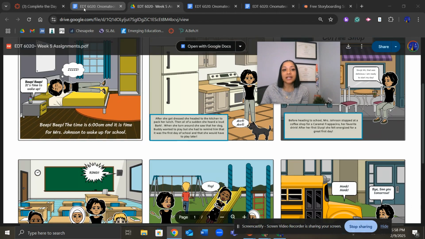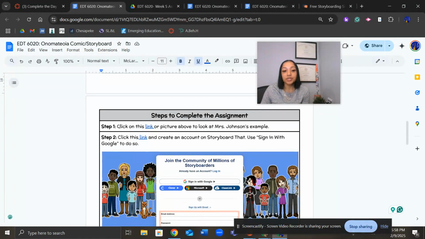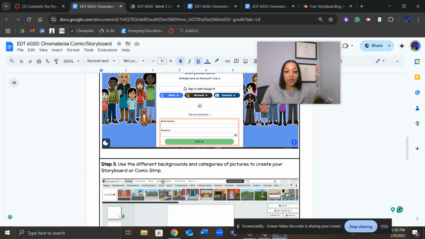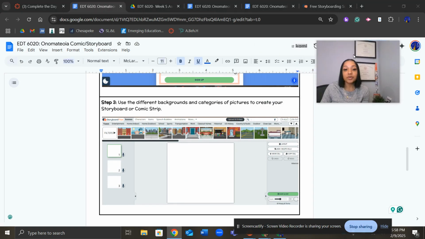So let's go back to our directions. That's my example. I want you to click on the link above and look at my example again if you need to do so. Then I want you to click on the link here, and I want you to start your own storyboard account using the sign in with Google. Then I want you to use the different backgrounds and categories of the pictures to create your own storyboard or comic strip. So if we zoom